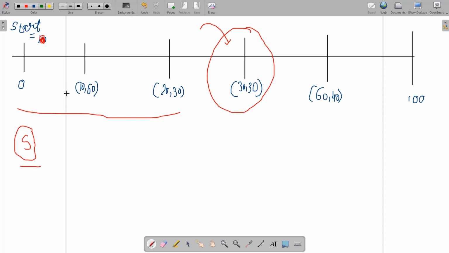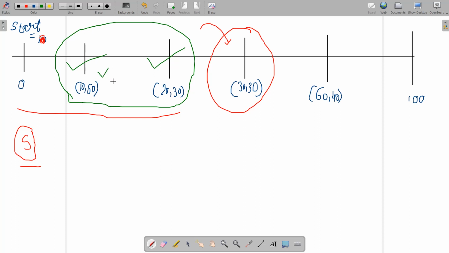You must refuel your vehicle at any of these stations. That is, when you have come up to this station, you must refuel your vehicle with the help of the gas provided by these particular stations. So again, I'm going to repeat, in case you have not focused on my words: when you come to this first station, yes, it is okay, the start fuel is sufficient.